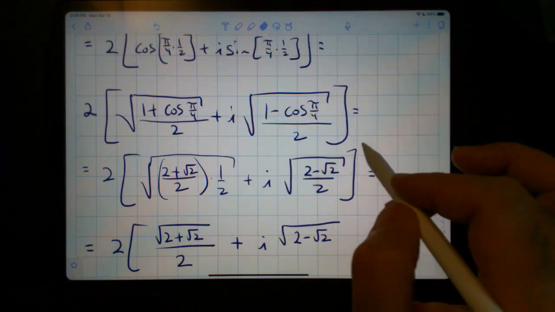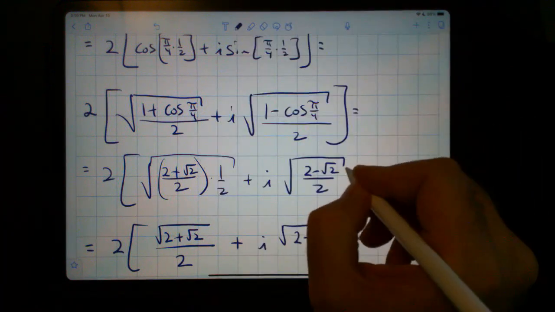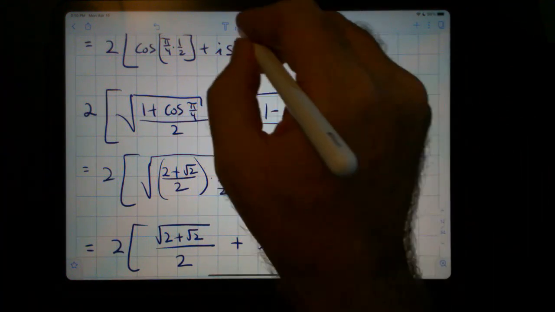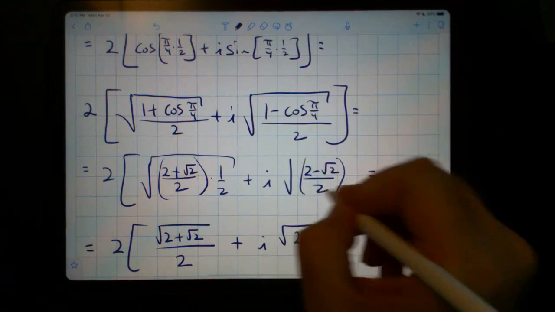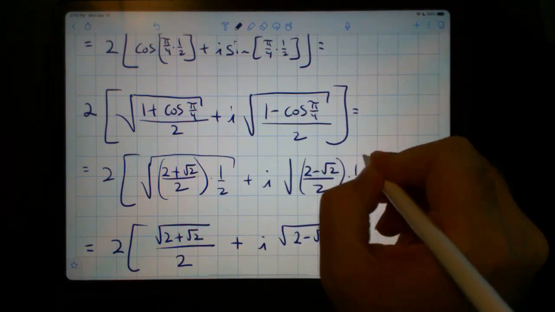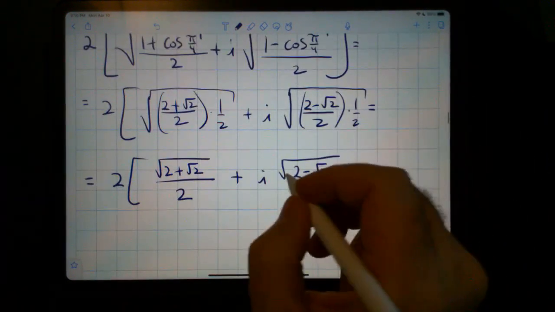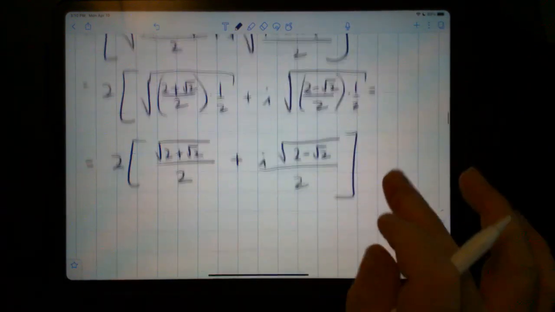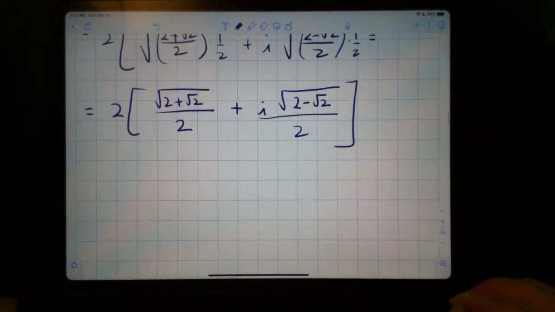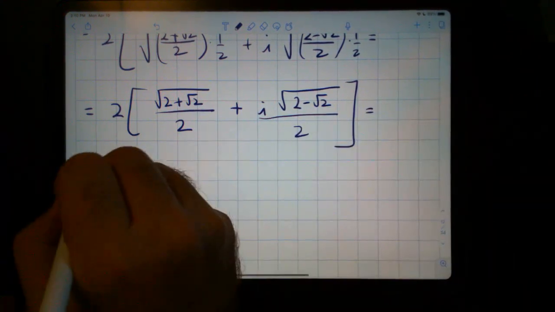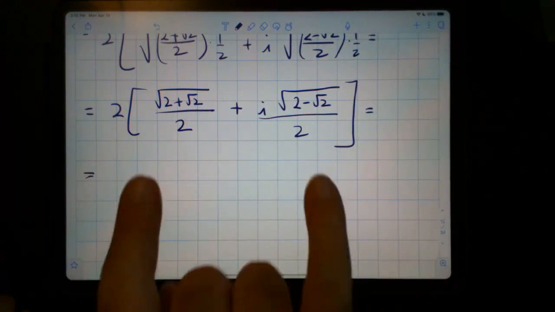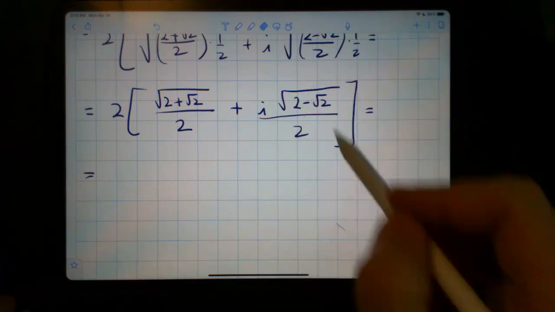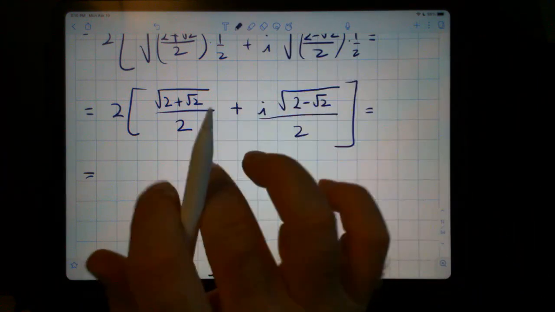I forgot to include the 1/2 over here. So that now when I multiply this by 2, the denominators simplify, and I'm left with